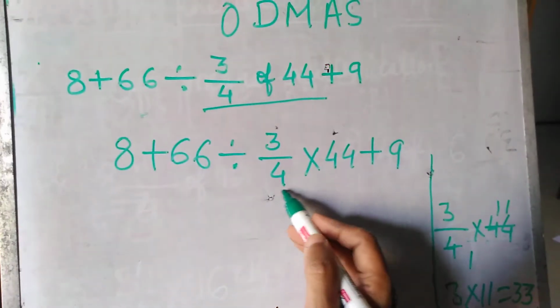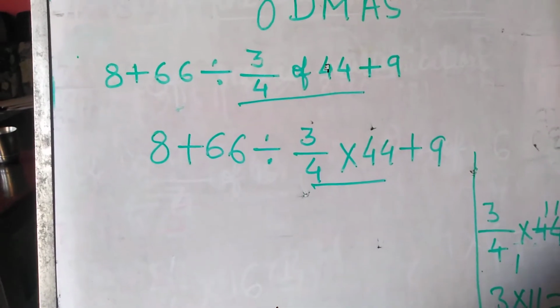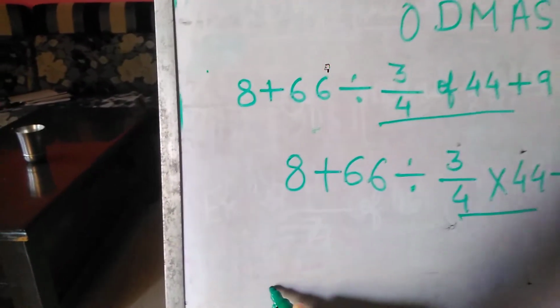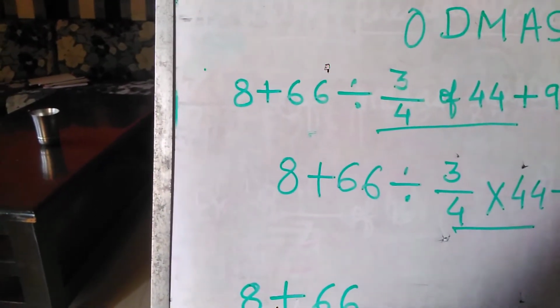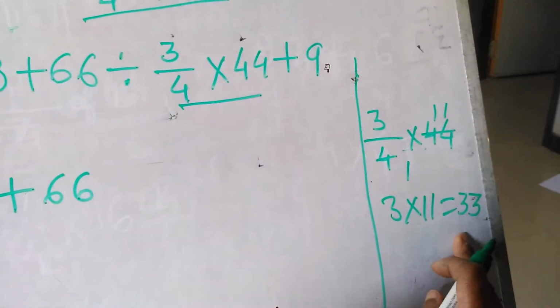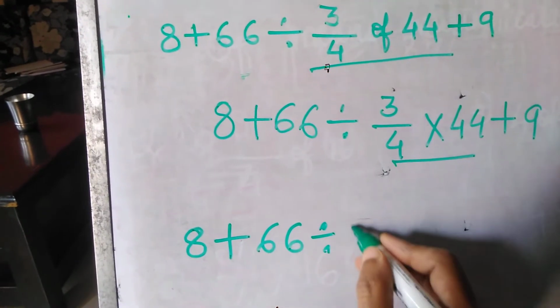So when we solve this 3 upon 4 of 44, it gives me 33. Now I will be replacing that portion, which we have solved in the rough column and which gave 33, with the number 33,